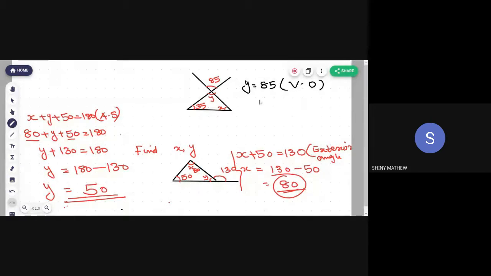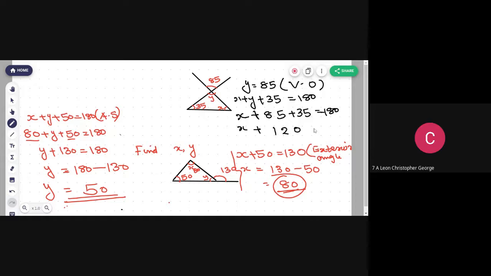നിങ്ങൾ മുഴുവനായിട്ട് എഴുതണം റീസൺ. Okay, then we can write x plus y plus 35. ഈ മൂന്ന് ആംഗിളും കൂടെ ആഡ് ചെയ്താൽ 180 വരും. So we write x ന്റെ വാല്യൂ that we needed to find. So x plus y യുടെ വാല്യൂ ഓൾറെഡി നമ്മൾ കണ്ടുപിടിച്ചു 85. So x plus 85 plus 35, that is equal to 180. Then what is x? 85 plus 35 equals